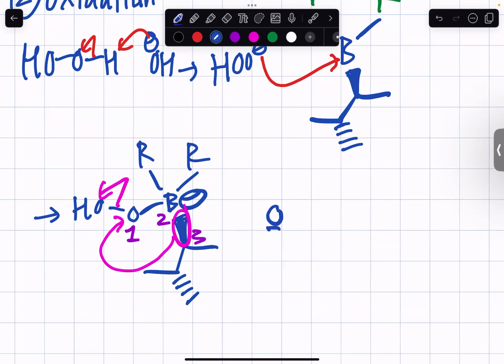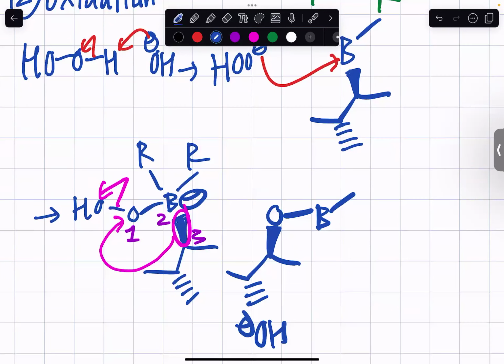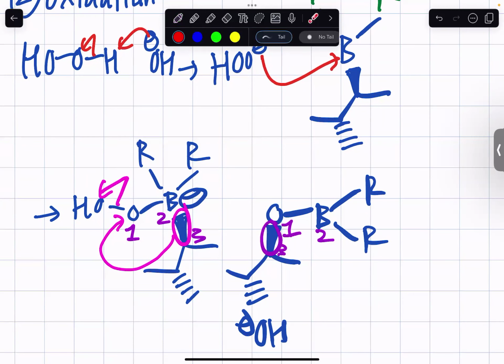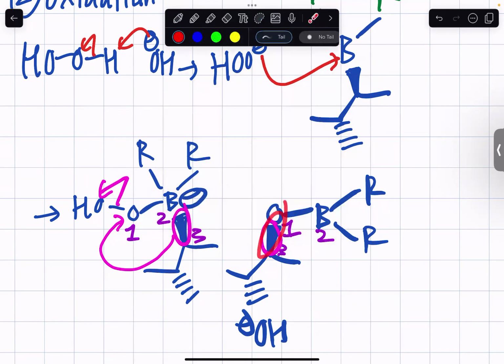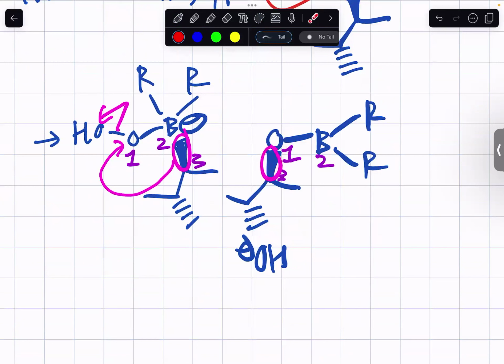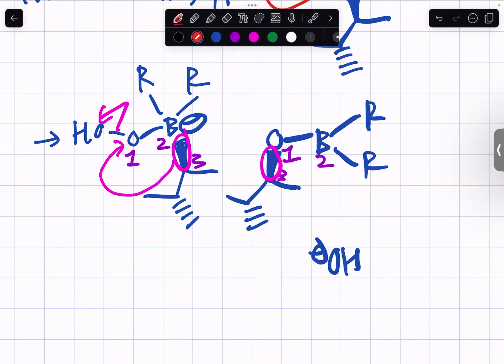So when that happens, we're going to have this intermediate here, where the OH minus left as the leaving group. This O is still attached to the B, and that B is still attached to two R's, where this was atom 1, 2, and 3. There was a pink bond between atom 2 and 3 here, but I migrated that pink bond to make a bond between 1 and 3, which is now this bond right here, right? This boron here still has two R groups, which this HOO minus can still attack its empty p orbital